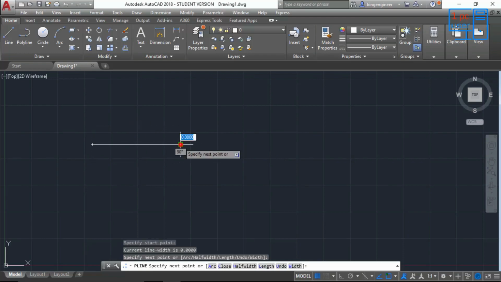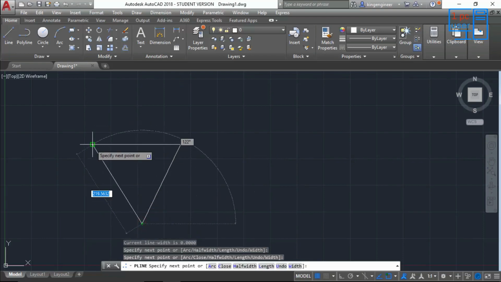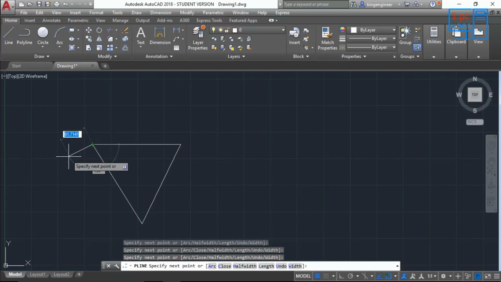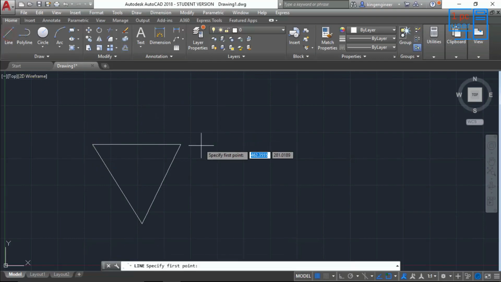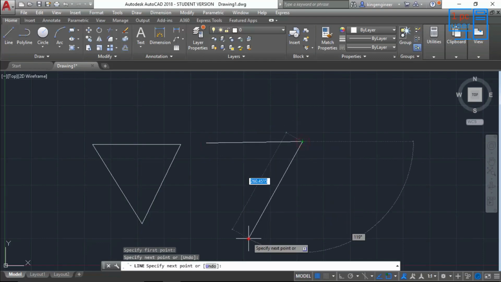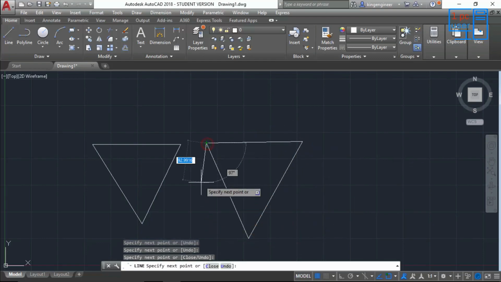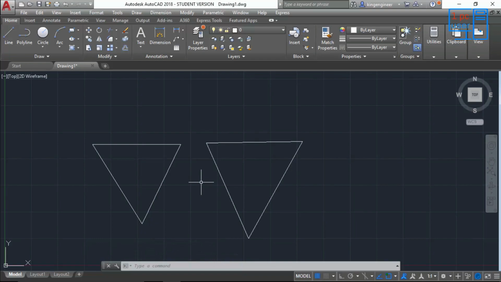And if you will take a look here, then you will feel like this is same as line command. Let me show you line command. This is line command. It might look same as line command, but now I am going to explain what is little difference between line command and polyline command. Here I use the line command and here I use the polyline command.